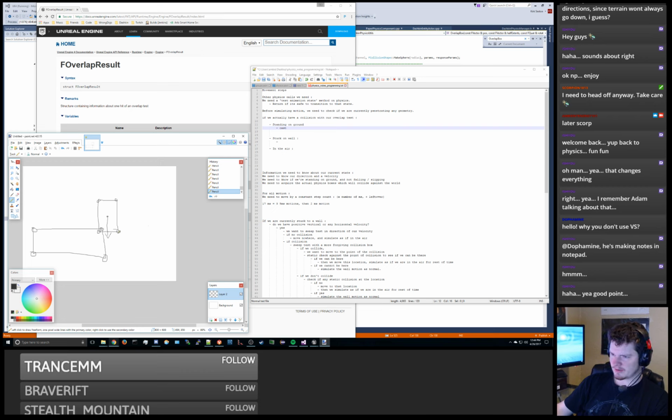So there are some of those things where it's like, okay, we'll make sure that there is never a case where a moving platform comes over Mario and crushes him against a wall, or if we do, we just kill